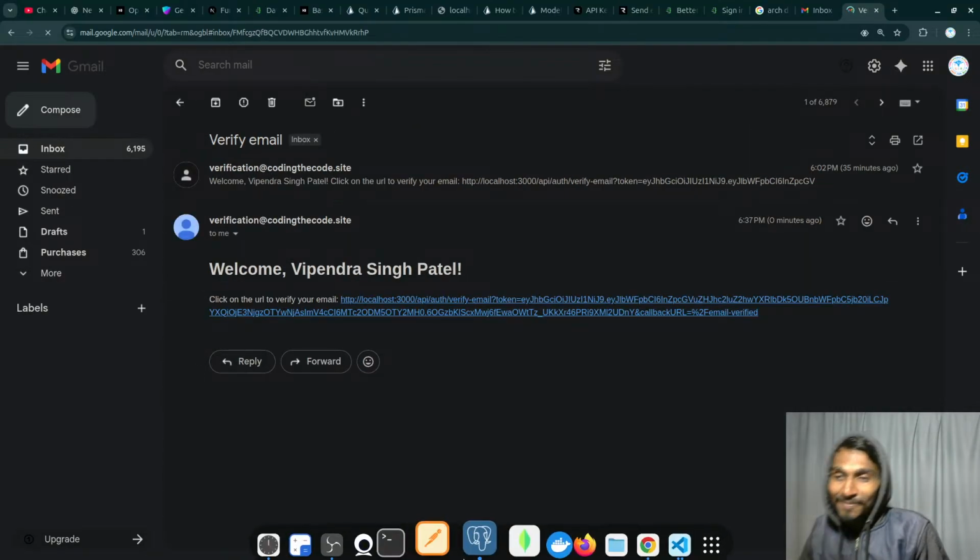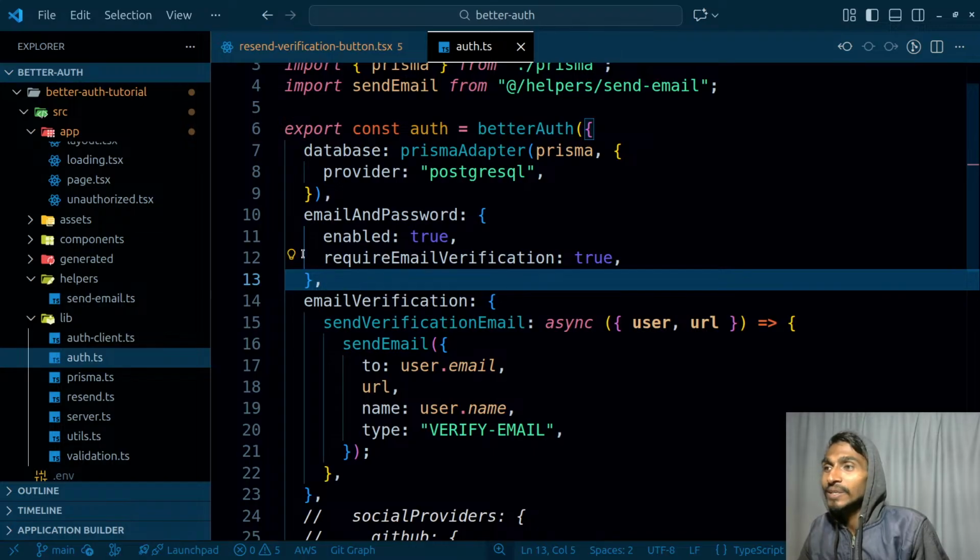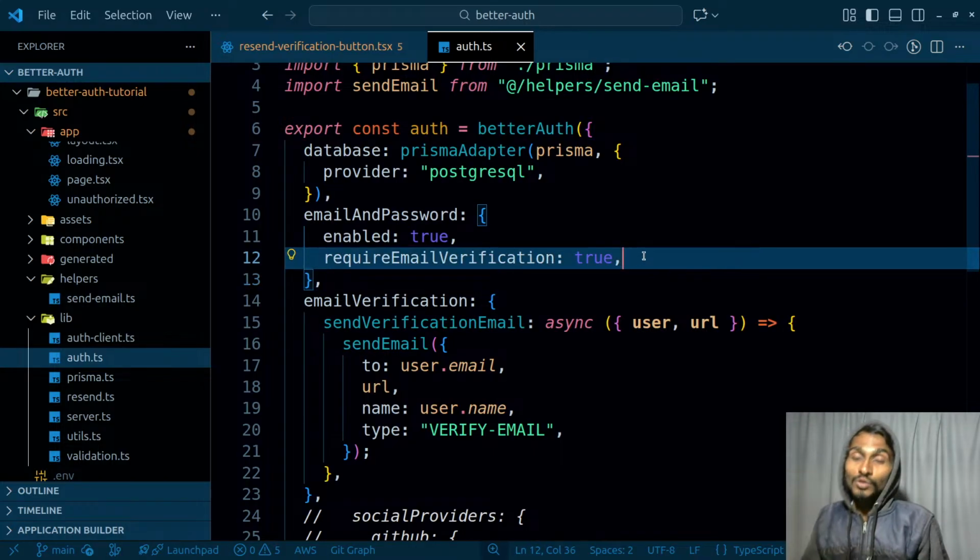Amazing. That simply means if you are saying require email verification true, Better Auth will make sure that you